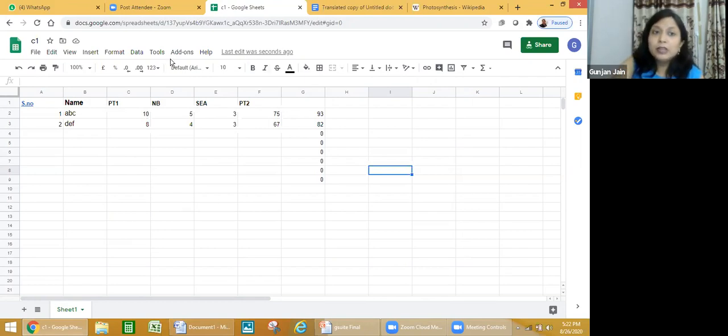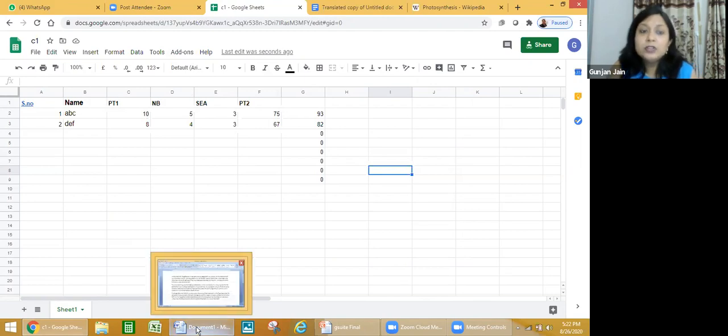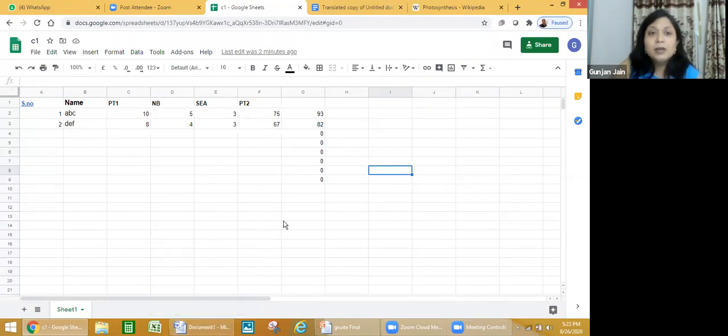Though we should take care that we do not use too many add-ons, because we have to give permission to these add-ons. Just like we install an app on our phone, so we give the permission for everything. Same way, when we install an add-on, we give permission to access our Google Docs and Drive. So it should not be used much, but whenever we are caught in something which is creating a problem for us, we can always use the add-on and then we can remove it later on.